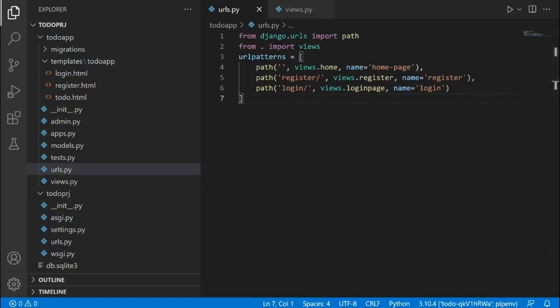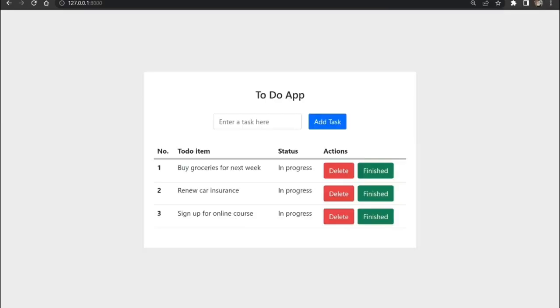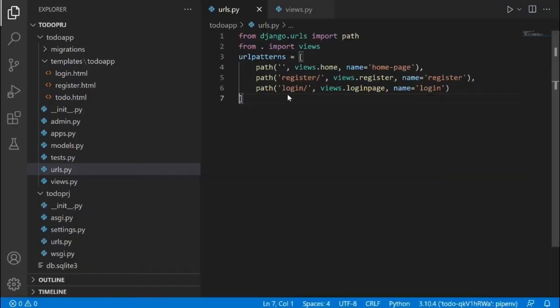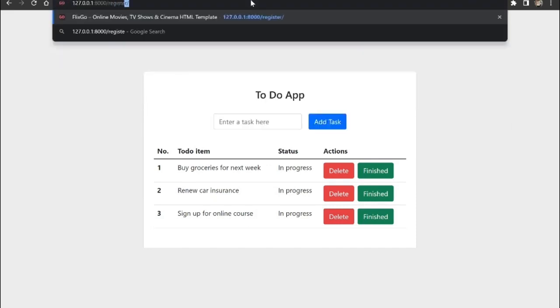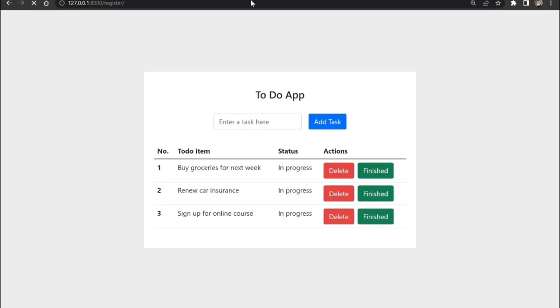Now once we save that and return back to our browser, we need to check the URL that we gave it. For registering, it's register. So I'm going to say /register. So once we press enter,